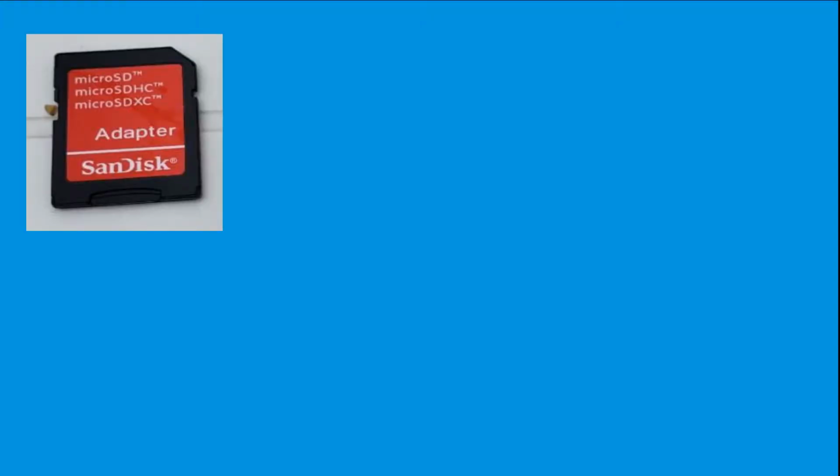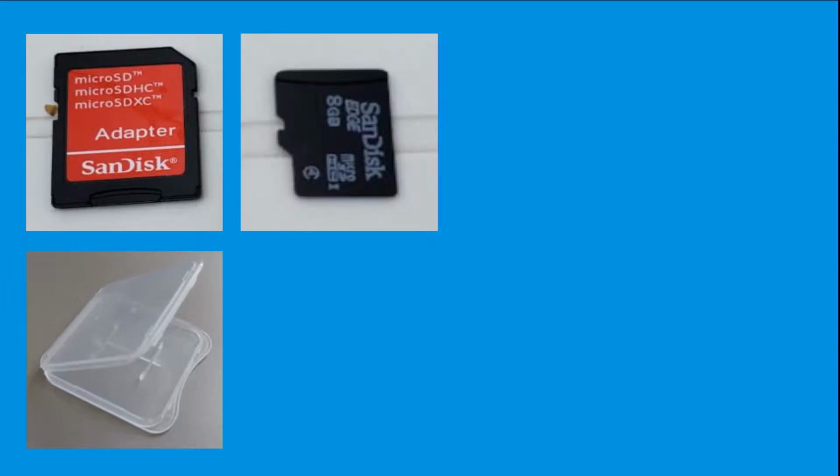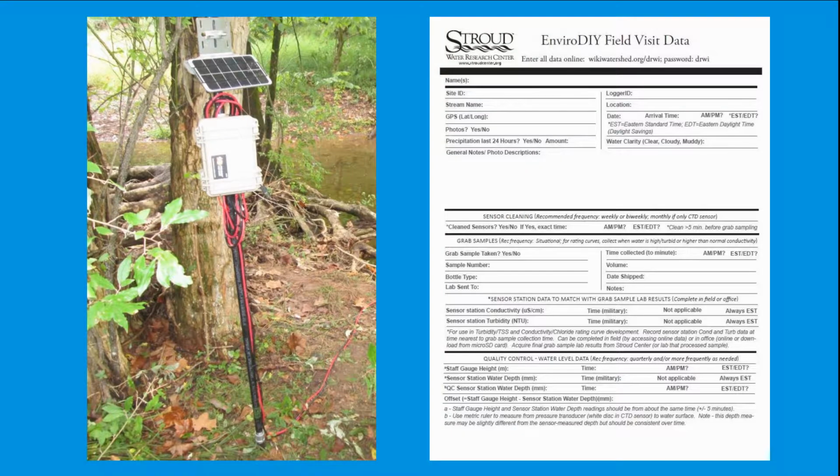Before going out to collect the SD card, be sure to bring the following: a micro SD adapter to hold the card collected from the sensor station, a container to hold the SD adapter, a blank micro SD card that will replace the old one in the sensor station, a field visit data sheet to record the date and time when you collected the card, and a watch or cell phone to help record time and track the time span between sensor recordings. Once on site at the station, begin filling in the metadata portion of your field visit data